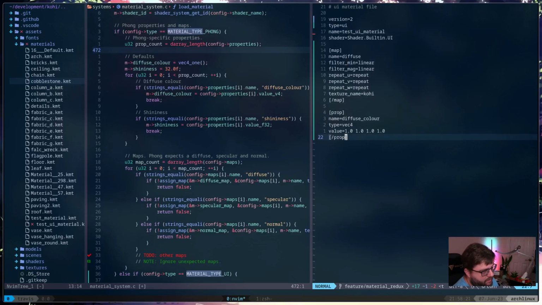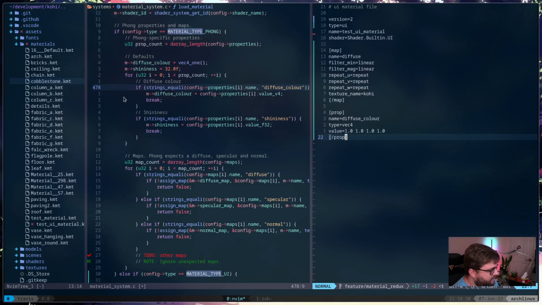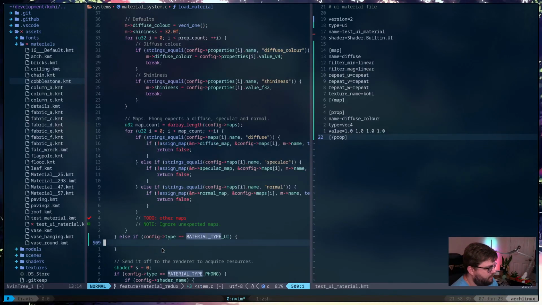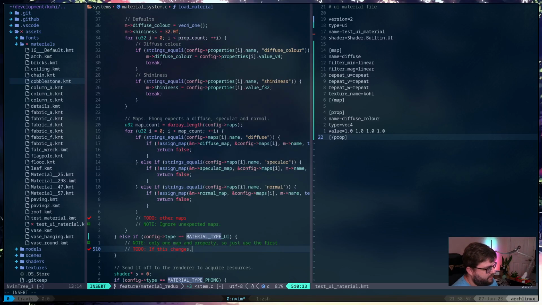All right. So I'm actually not going to do all this looping business here because I don't think any of that is needed. We only have one of each, so only one map and a property. So just use the first. To do: if this changes, update this to work as it does above.